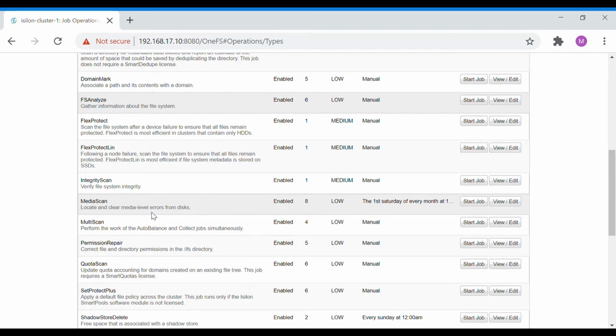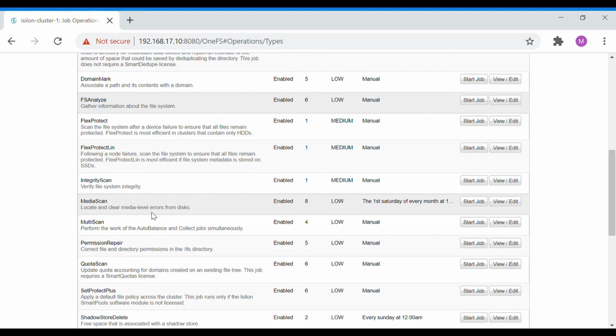So if there are any invalid file system elements or any issues on the system, this integrity scan will verify all those things and come out with a report saying that these file systems are not good or this has to be changed.